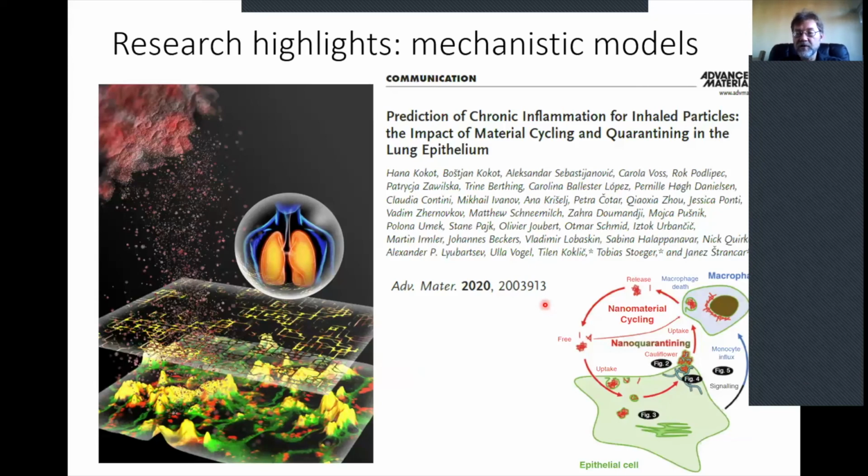One of the recent publications, this paper is now already published online in Advanced Materials. I'm really proud of this work. It's a result of the Smart Nanotox project. 8 labs collaborated to do this. And it is a completely mechanistic description of interaction of nanoparticles with the lung, predicting chronic adverse outcome and nanomaterial cycling, various reactions at the cellular and molecular level